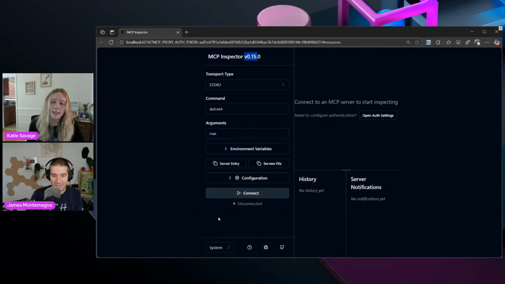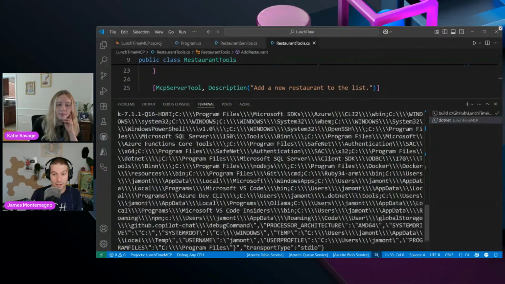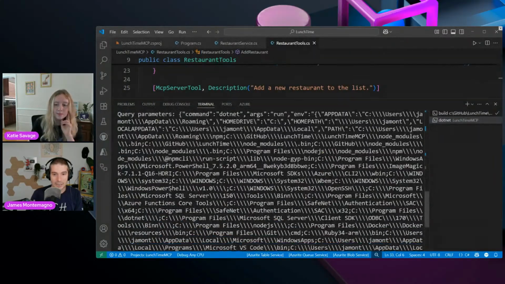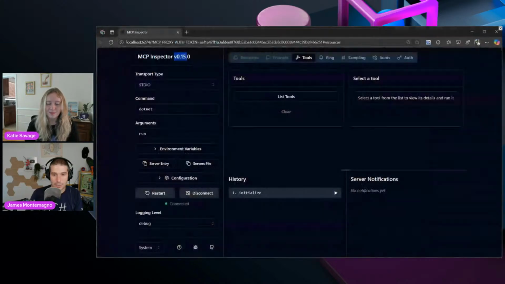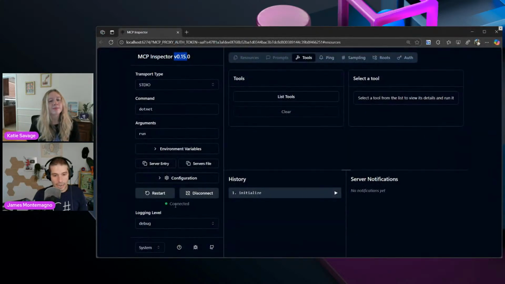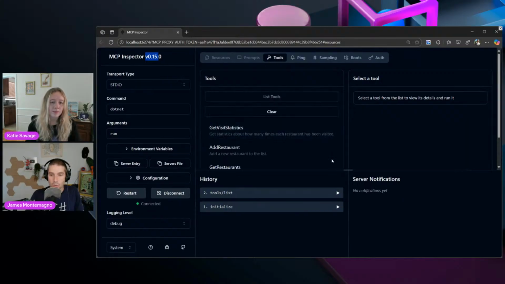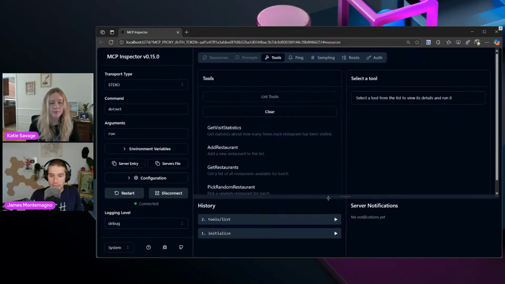Connect. Yeah, and it should be doing stuff. So things are outputting here that it is trying to run and it's receiving events and commands, and perfect, it did it. So it's connected here, and I can now execute things. So we can see that there's prompts, resources. It says that there's only tools. So I can say list tool, which is cool. And we can see the history here.